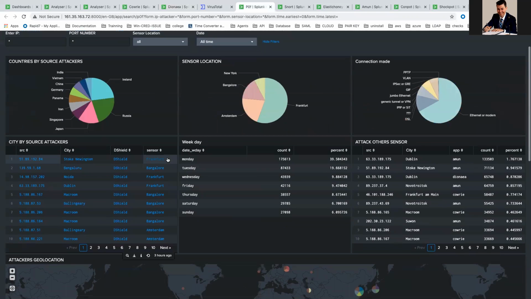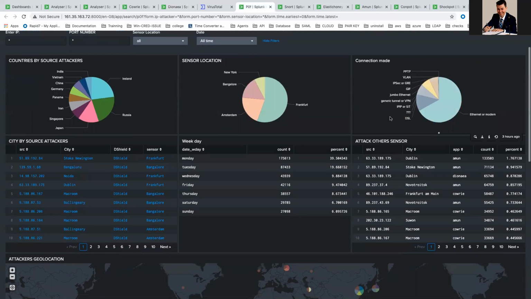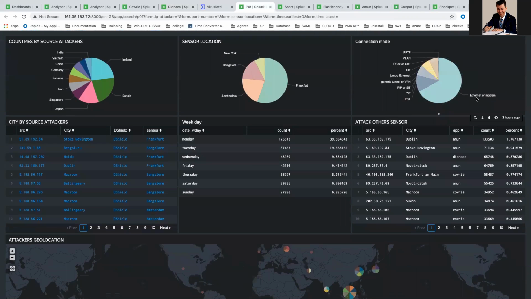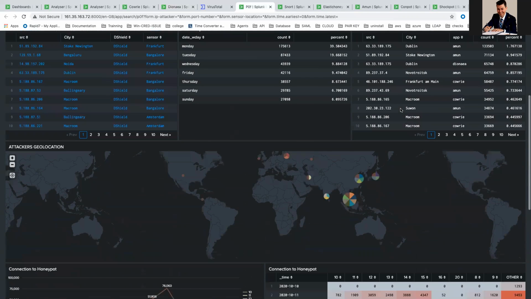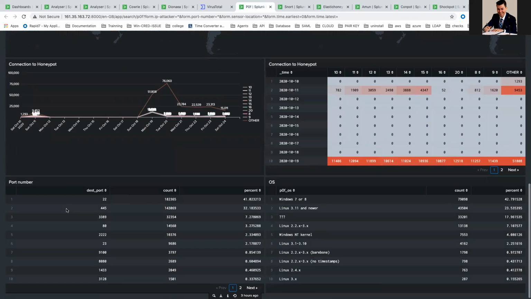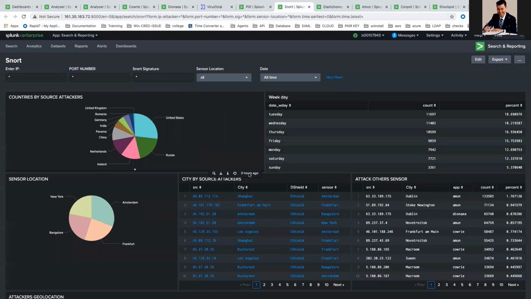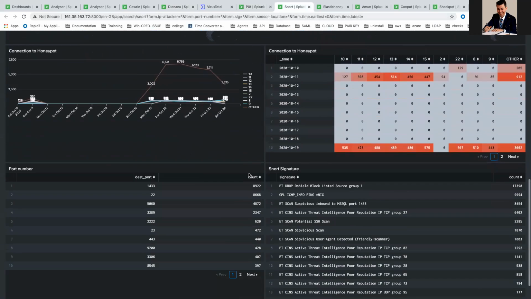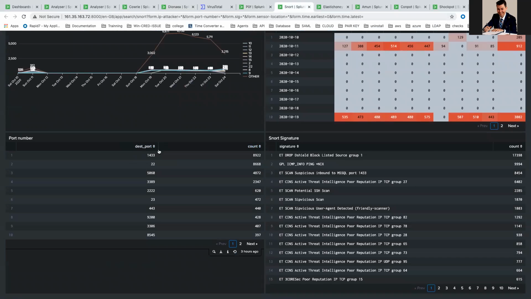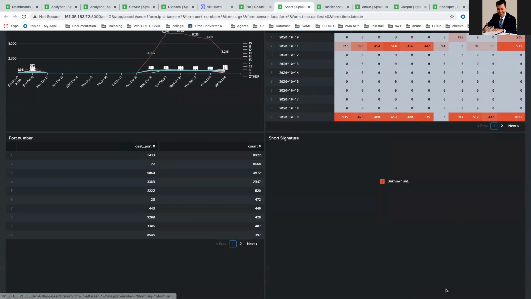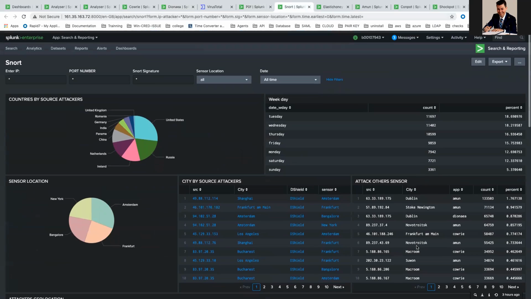So, poof, we also have the connection made: what the attacker used, which connection the person used, Ethernet mode, VPN. We do have the port numbers as well. We have the OS. Again, I can filter by port number and IP if I wish. We have Snort. Snort has its own signatures and ports, so it's very useful for narrowing down the behavior of